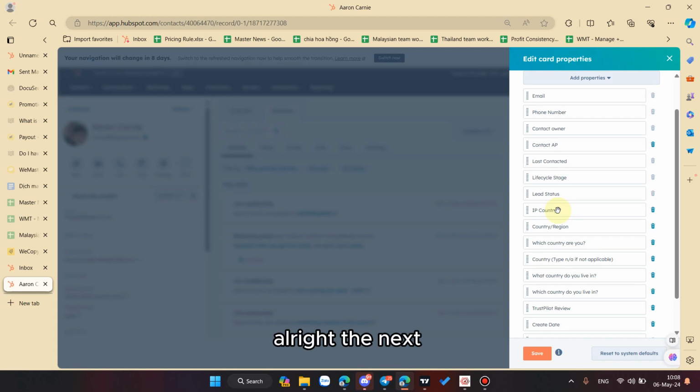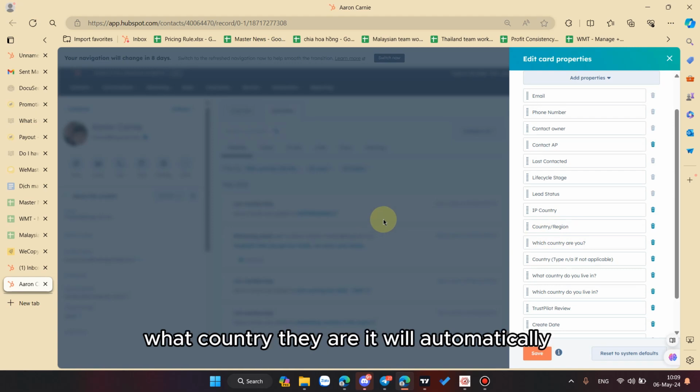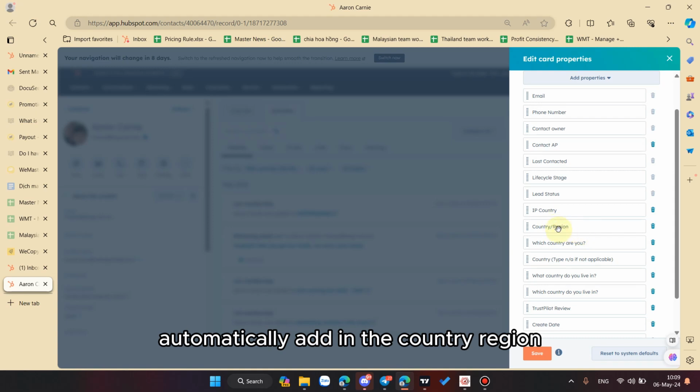The next important property is the country. So I suggest you add IP country and the country region. When the client answers the bot about what country they are in, it will automatically add the country region.